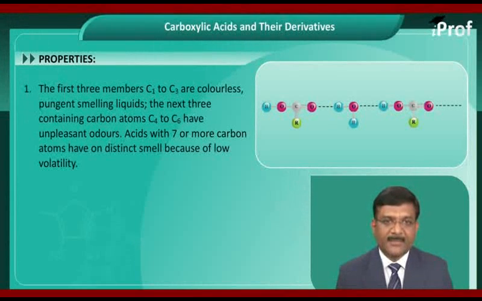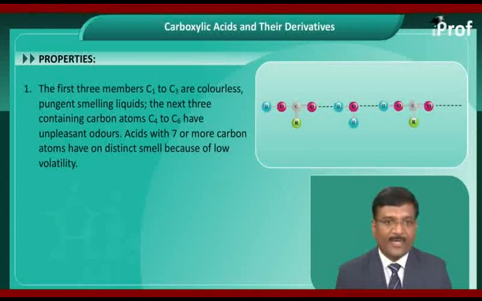Properties of carboxylic acids. The compounds from this group show very unique and interesting properties, like the first 3 members of this group containing carbon 1 to carbon 3 are colorless, pungent smelling liquids. The next 3 containing carbon atoms C4 to C6 have unpleasant odors. Acids with 7 or more carbon atoms have no distinct smell